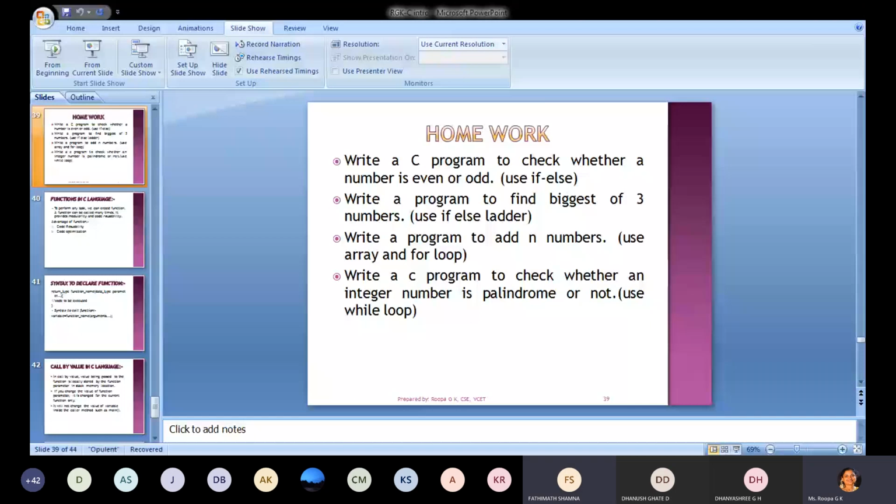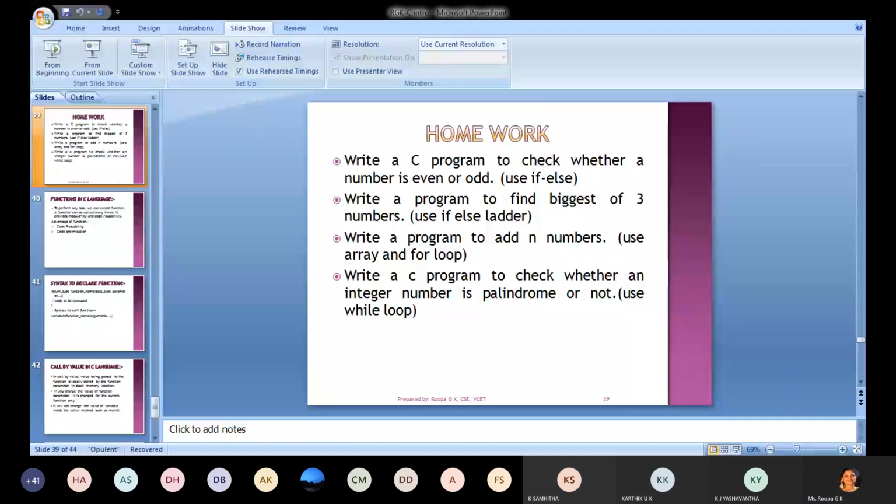Hartik, yes, ma'am. Hemant, present, ma'am. Swati, present, ma'am. Varun, yes, ma'am. Yashwant, yes, ma'am. Samita, present, ma'am. Kartik, present, ma'am.